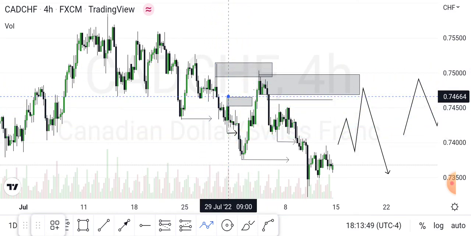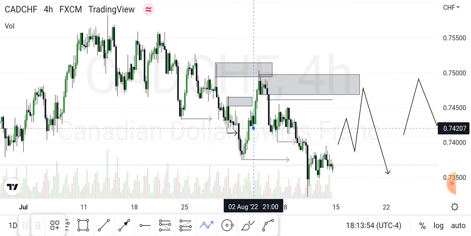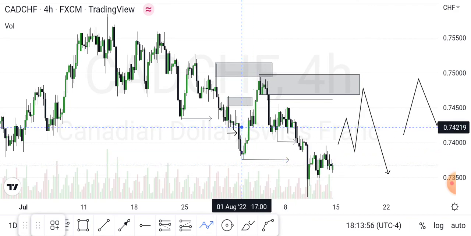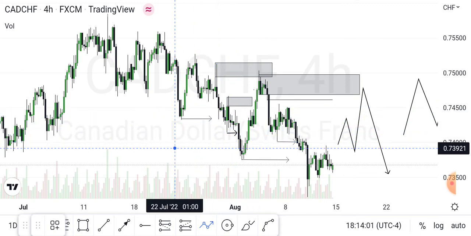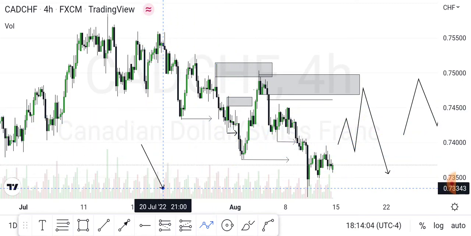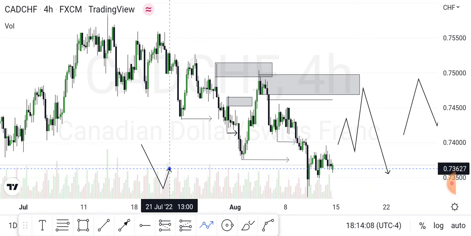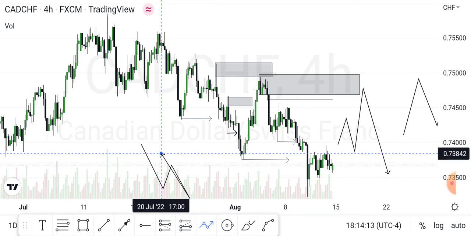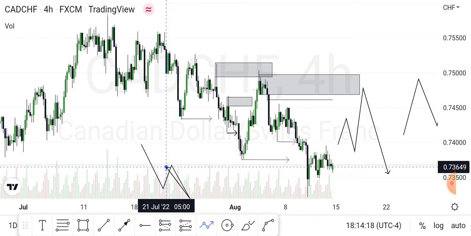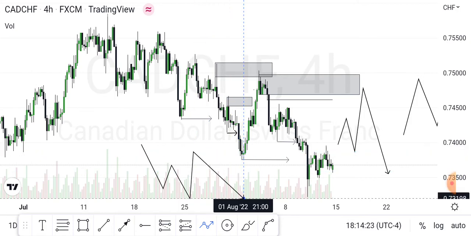We have this pullback here. We have this break of structure, and after a break of structure, we expect a pullback for the movement downward. But rather, since we have this untapped area here, we should know this is inducement. So this is what we have here. We have this down move. We have price making this retracement. We have the break of structure to the downside. But since we have an unmitigated OB here, we expect this to be the inducement, and we expect price to mitigate the OB and keep going down.